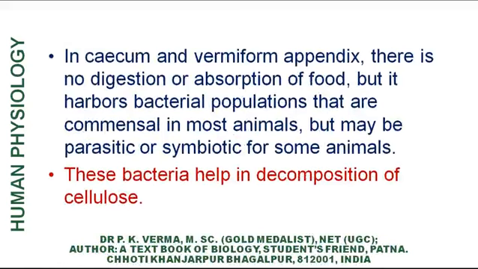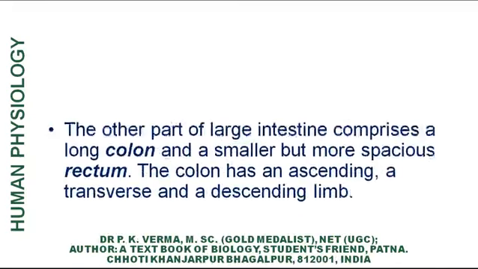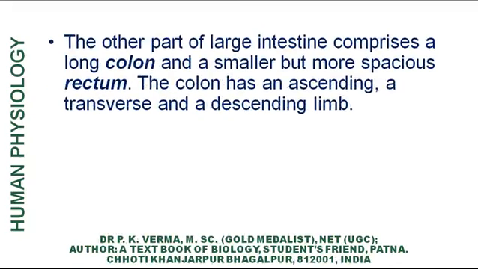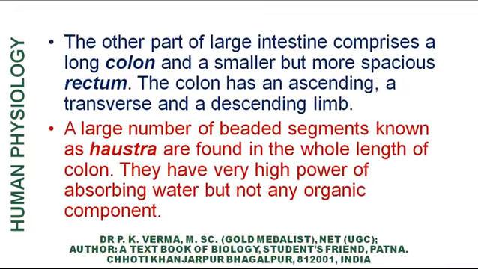These are vestigial organs in human beings. These bacteria help in decomposition of cellulose in these animals. The other part of the large intestine comprises a long colon and a smaller but more spacious rectum. The colon has an ascending, a transverse and a descending limb. A large number of beaded segments